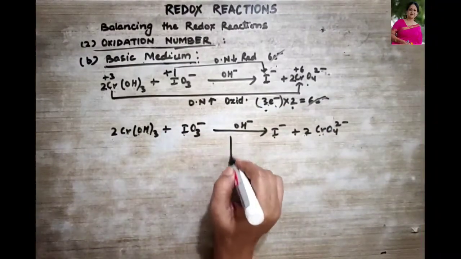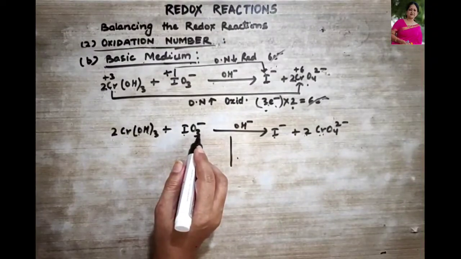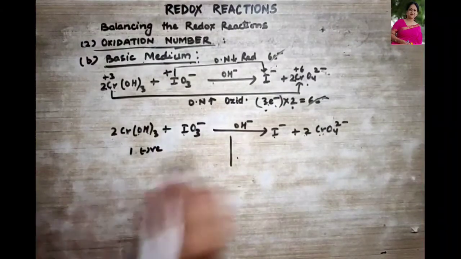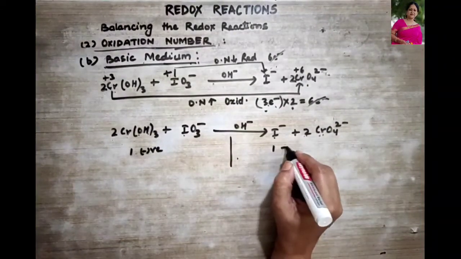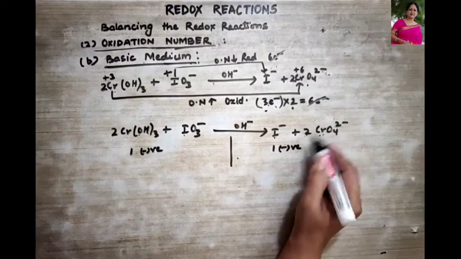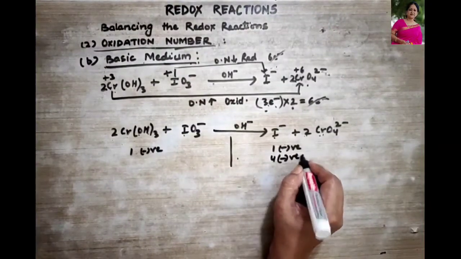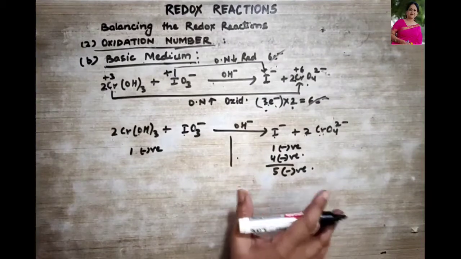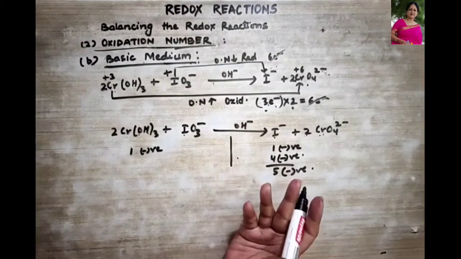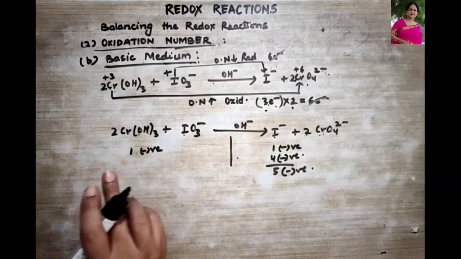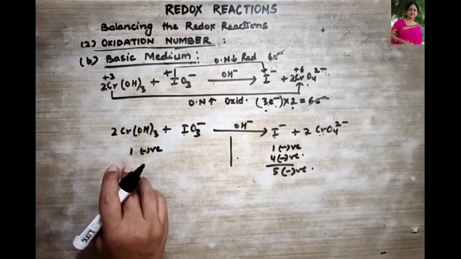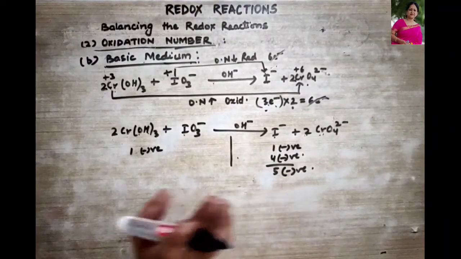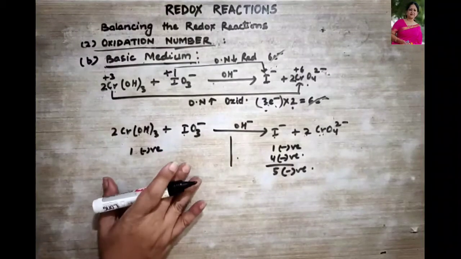So first let us look at the charge on this side. Over here we have only one negative charge, right? Look at this side, we have one negative charge here and 2 2s are 4 negative charges. So a total of 5 negative charges we have on this side. Now the deficiency of negative charges is on which side? On the reactant side. So now how many negative charges do we need to add over here to balance this? We require at least 4 negative charges, right?